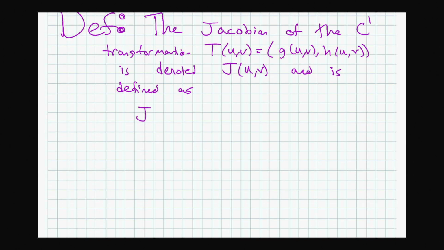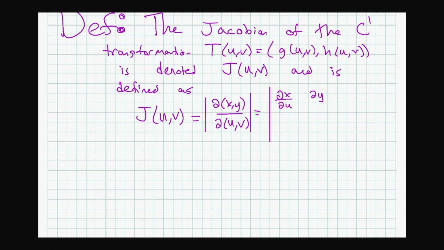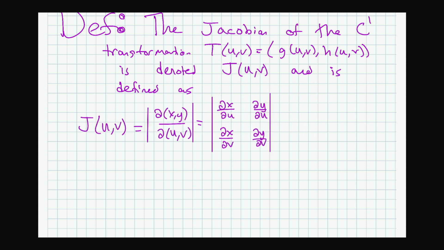as, so j of uv, they use this symbol. So this is just notation here. You don't have to pay any attention to that middle one that I just wrote. But it turns out that it's this: dx du, dy du, dx dv, dy dv. That seems complicated, but